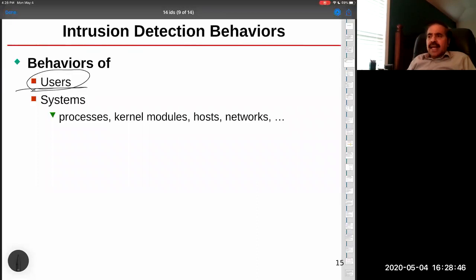Unfortunately, this task of finding insider attacks or finding abnormal user behaviors is quite hard, because user behaviors tend to be much more variable than behaviors of system components. In particular, if you think about it, an application has much more narrowly defined behavior as compared to users. And so in the early days, intrusion detection really didn't take off because the techniques had such high false positives that nobody could really use them in practice.